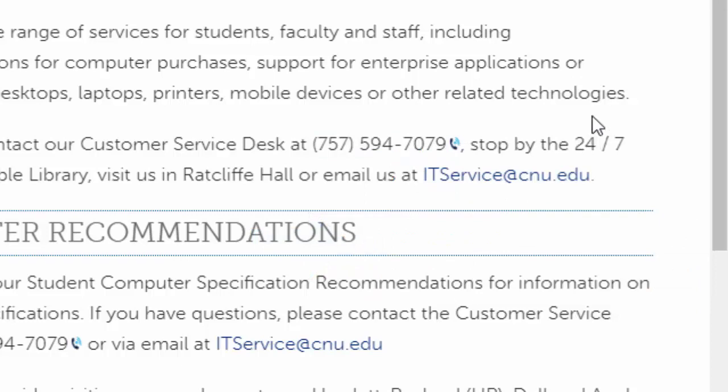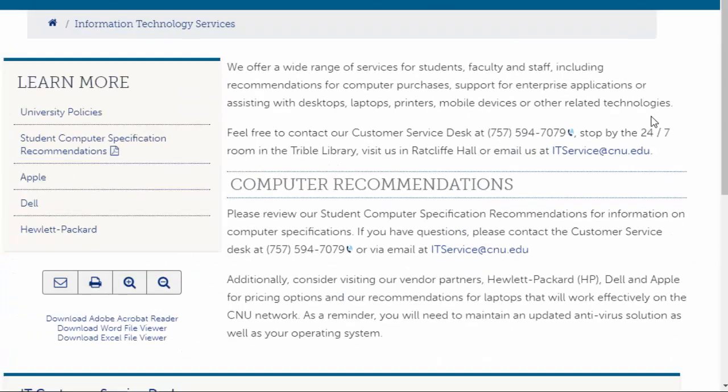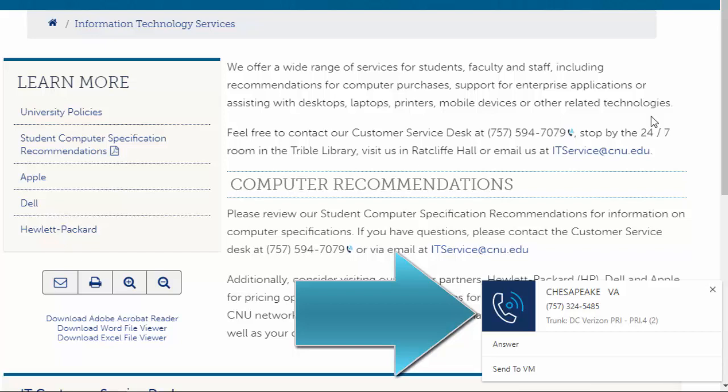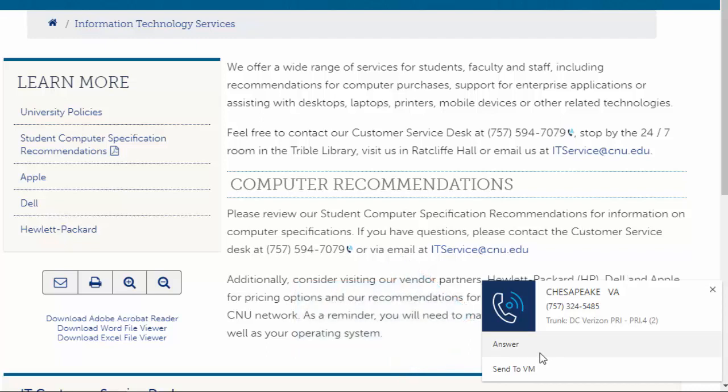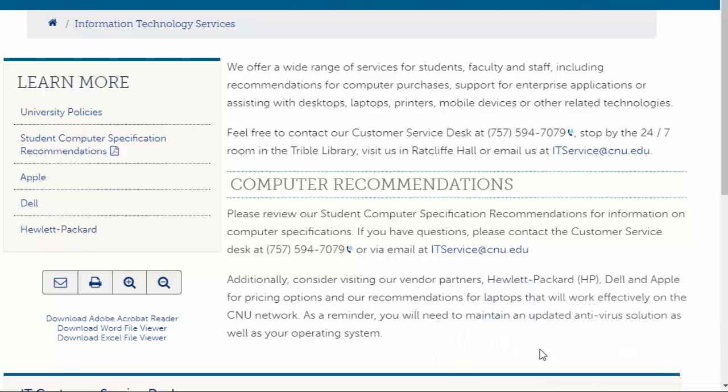So the other things that it does is it provides caller ID in a regular Chrome notification. So I'm going to go ahead and call my desk phone here. And in a moment, you will see a notification here generated by the browser, and you'll hear a little tone through the computer speakers. So I'm going to go ahead and answer the call just by clicking on the notification, but I could have also sent it to my voicemail.